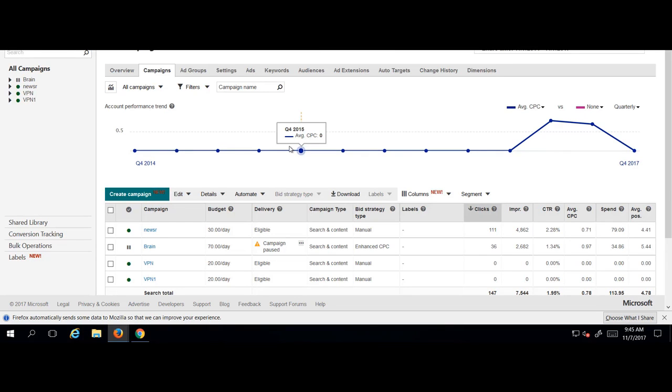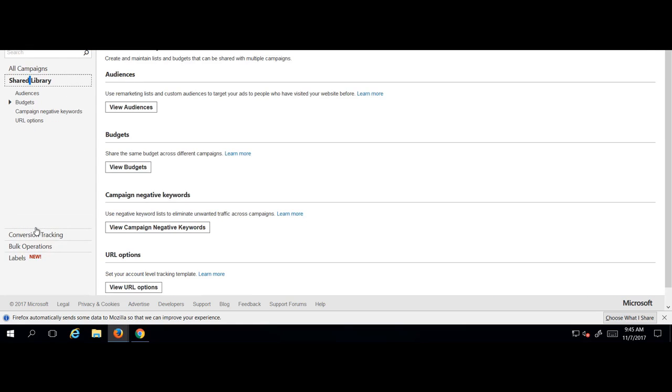Now another thing I wanted to discuss is how do we go about adding negative keywords. We already did some research for negative keywords for the VPN niche, as I showed you in the previous video, keywords like free, download, or research based keywords. So adding the negative keywords is very simple. We need to go to shared library,